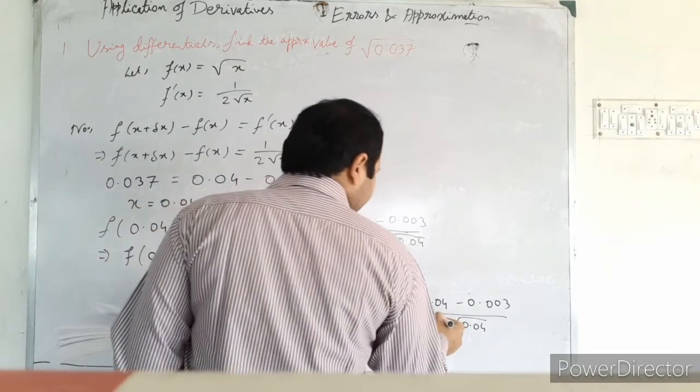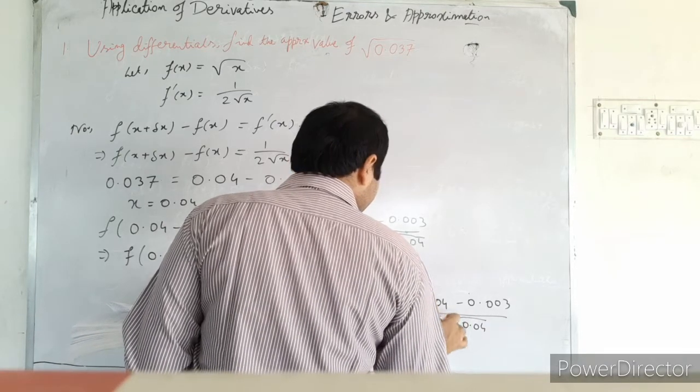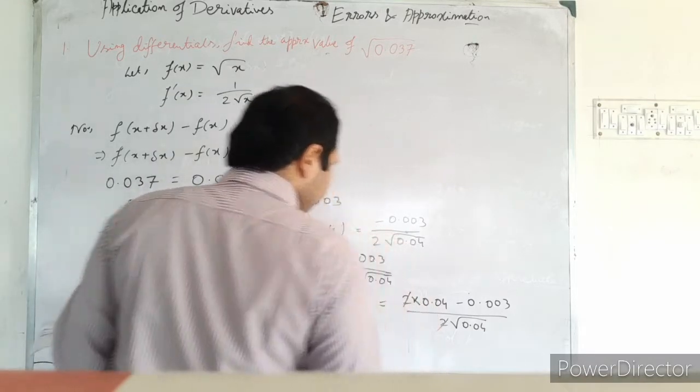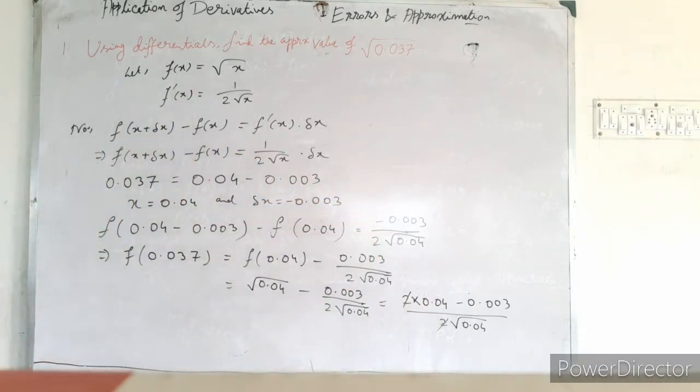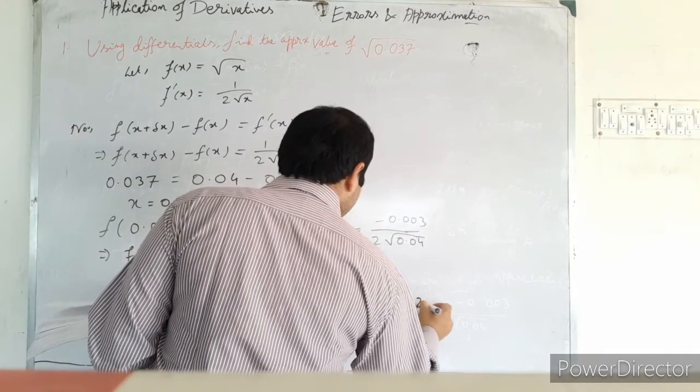So here this 2 will be cancelled out. So here this is 0.2 minus